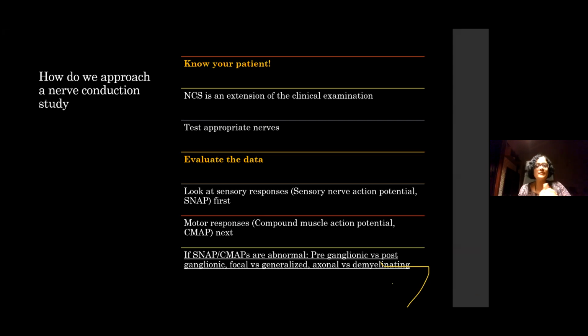So how do we approach a nerve conduction study? Know your patient. Like I said, it's an extension of the clinical exam, not more important than the clinical exam. The clinical exam is really the most important thing, but it's a focused clinical exam. You're not going to sit there and take a family history unless it's relevant, unless you're looking at inherited neuropathy or a myopathy or a pediatric case. Then yes, you might go into all those details, but otherwise you're looking for a focused clinical exam and a